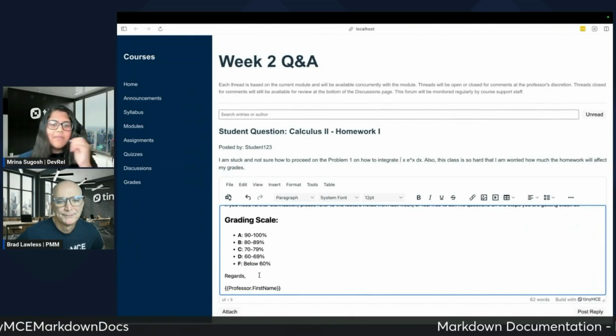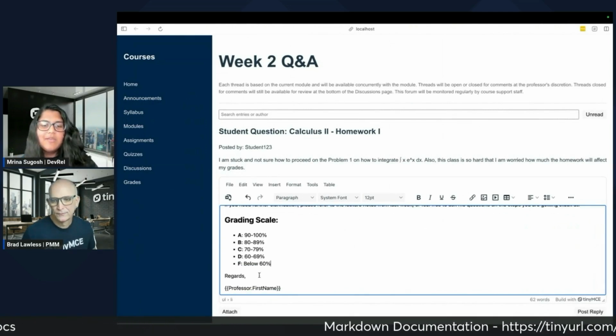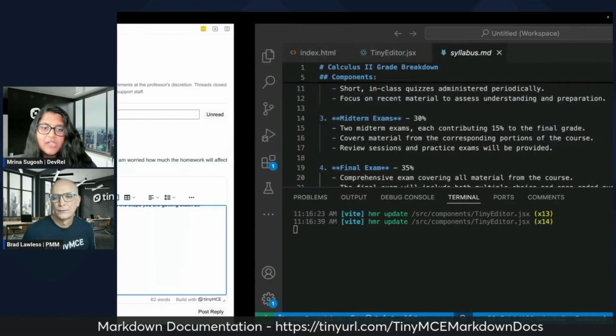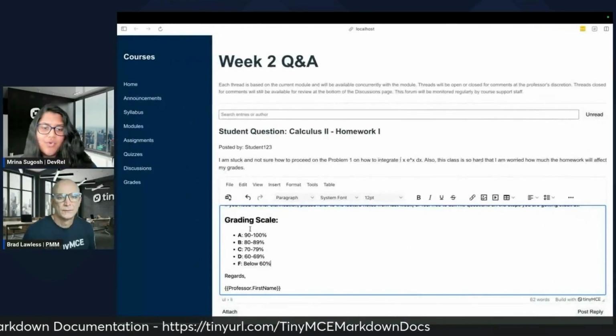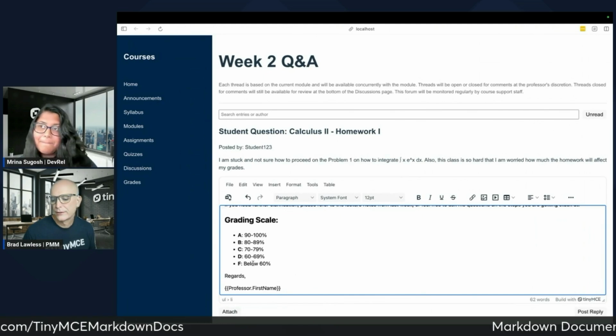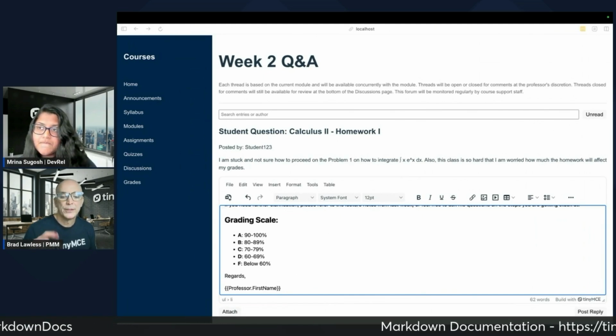So you paste it in, Command Shift V, and we're automatically able to preserve all of the content from your Markdown file directly into your editor, which is really amazing if you think about it. I mean, it saves a ton of time. And this particular